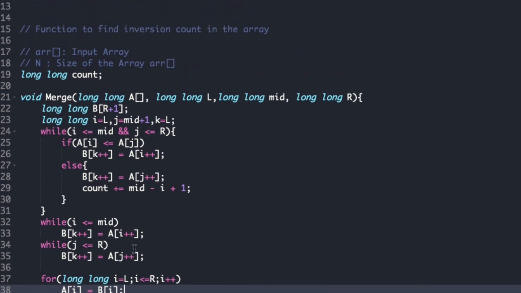We can compile the code to check whether it contains any errors.